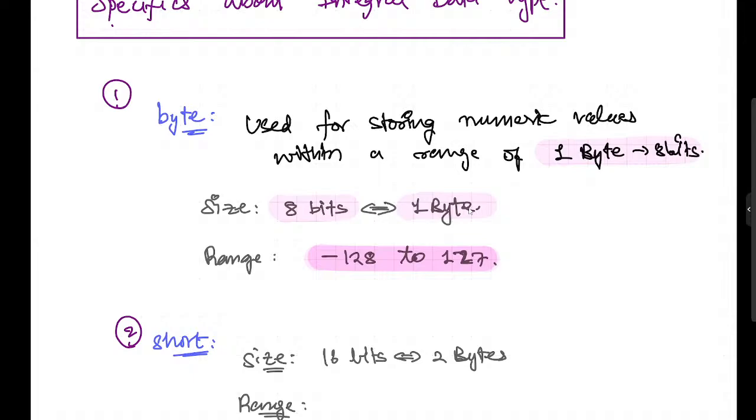What do I mean by minus 128 to 127? Let's say if I have byte x equal to 500. This will not be stored as 500. There will be no error, but what happens is that it will take 500 as an integer. By default, every number like this is an integer. It will convert this 500